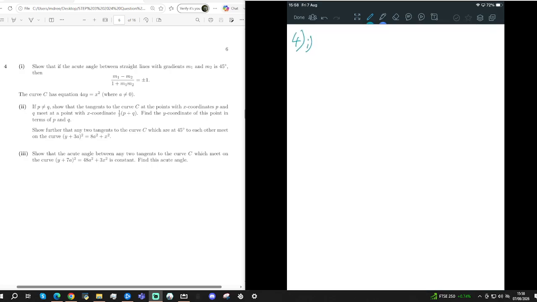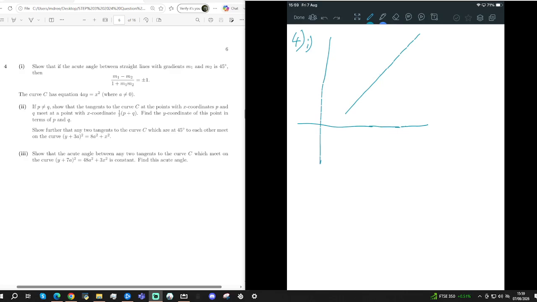So to start off, we are told about some angles between straight lines with certain gradients, and we want to show that if those angles are 45 degrees, then there's a special relationship between the two gradients. And this is actually a really useful general fact that it's worth having in your toolbox of techniques, and that is that the gradient is actually linked to the angle